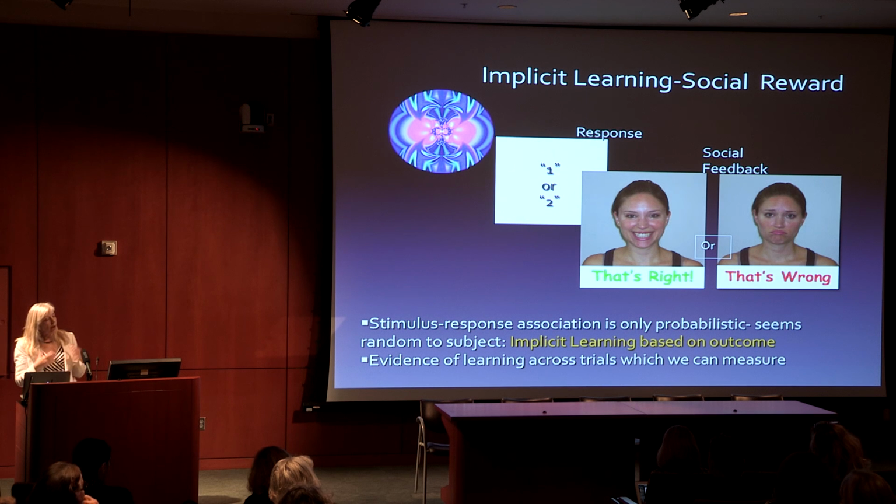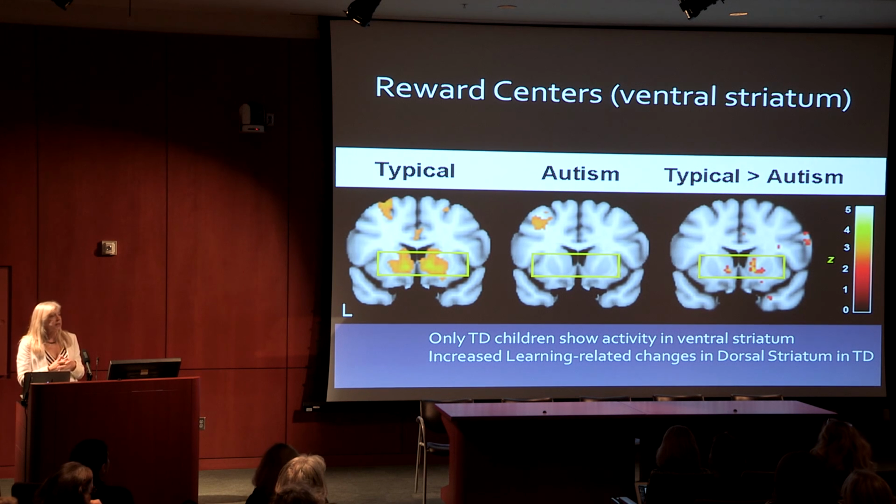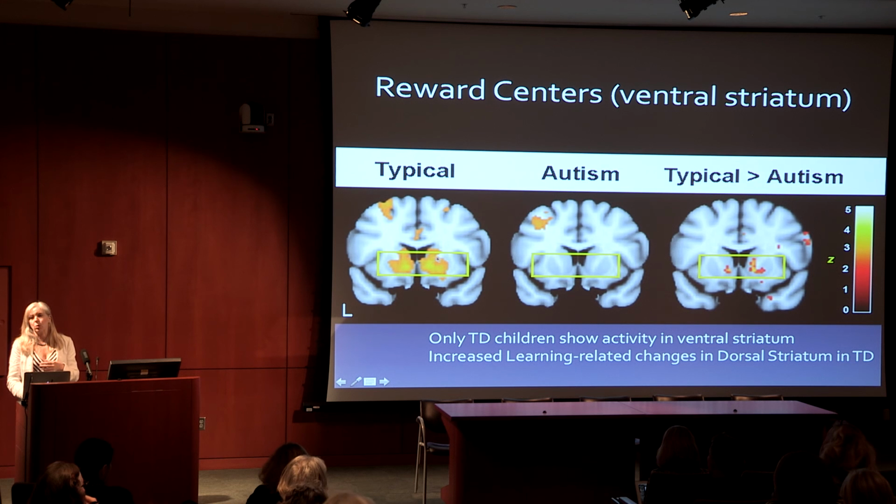So we looked in this study at the learning rates for social and non-social stimuli in children with ASD and in typically developing kids. The first thing that's very obvious and we clearly saw was in that area of the brain. Again, here's the striatum, caudate, putamen, and this is the ventral striatum, that reward area. So when we look across all reward types, there's a very, very robust response in the reward center in typically developing children. And as you can see, it didn't quite reach significance in kids with autism, and there's a big difference between groups. So it does suggest, at least to some extent, that the reward processing system is not working as well as it should.